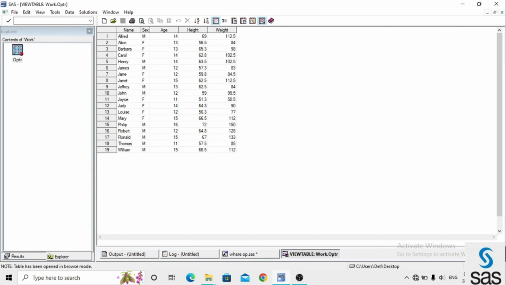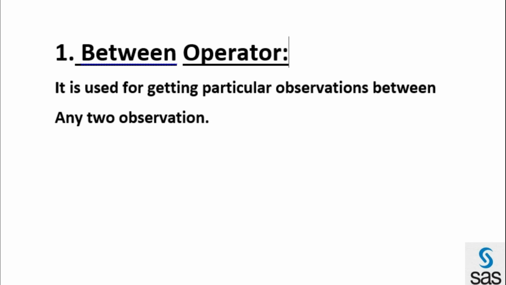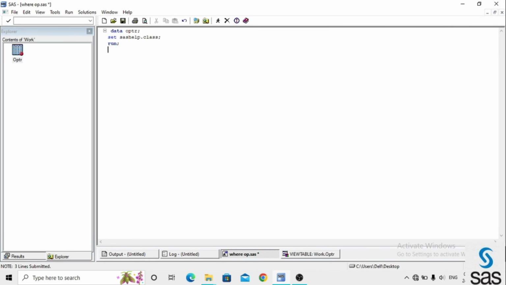In this we are applying these operators, and the first one is the BETWEEN operator. What is the use of the BETWEEN operator? The BETWEEN operator is used for getting particular observations between any two values. Now we see an example of the BETWEEN operator. For that we write the code: data operator1; set operator; where age is the variable, following the syntax.